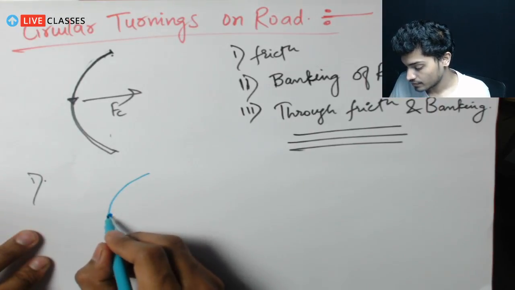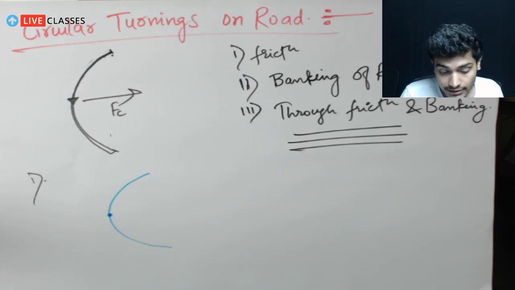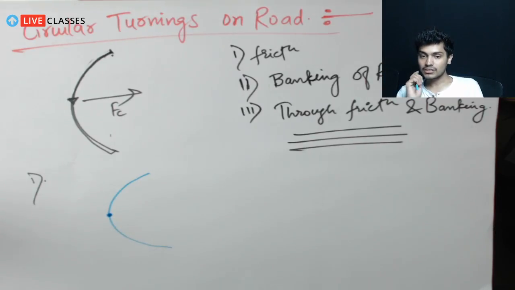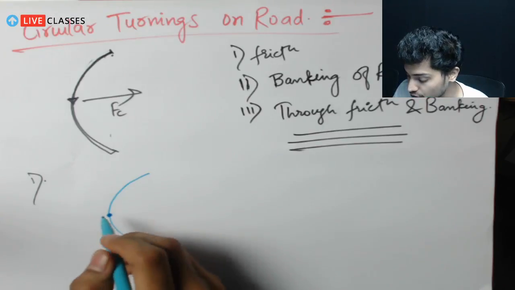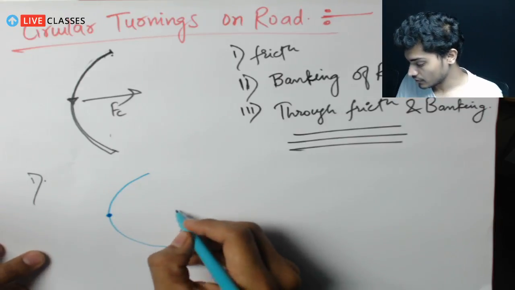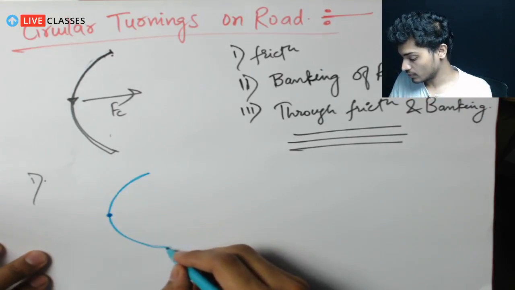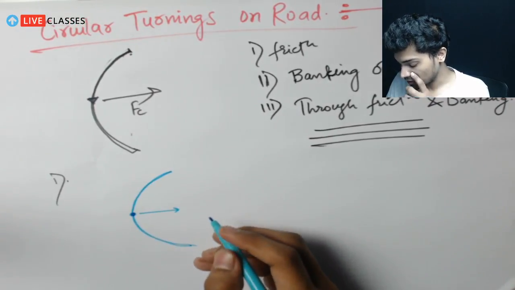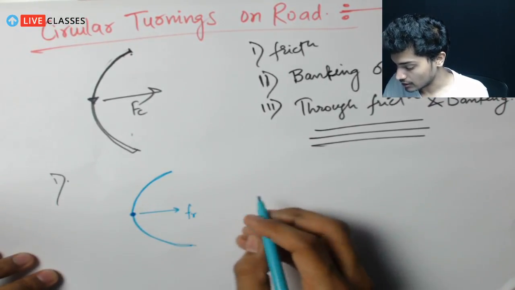So what will be its natural tendency? Apart from friction, no other forces are acting on the body at this point, right? So if we observe this motion, then friction must be there in order to provide the necessary centripetal force,